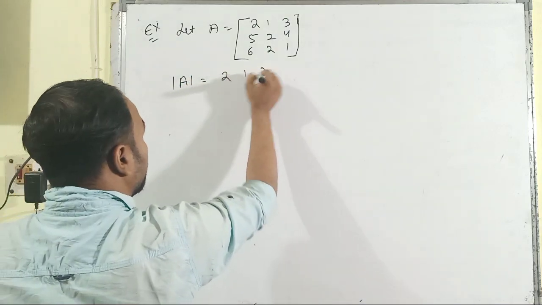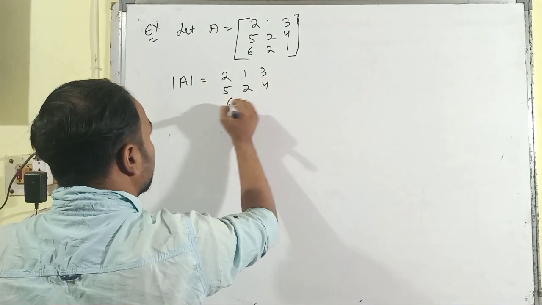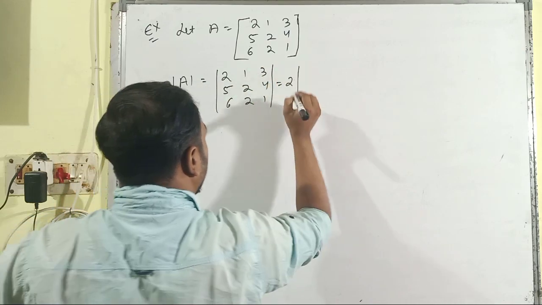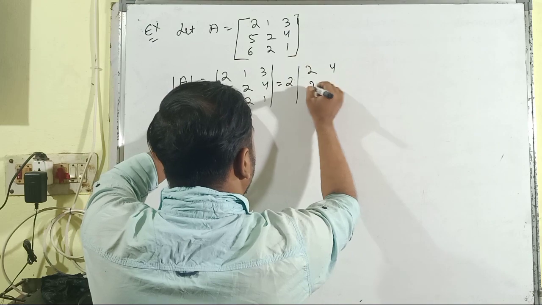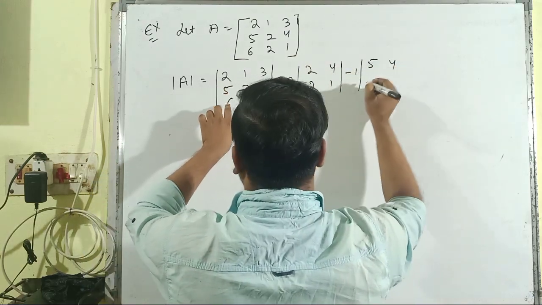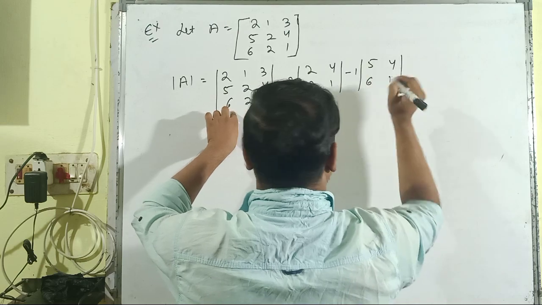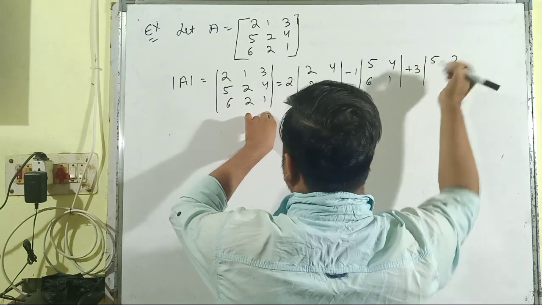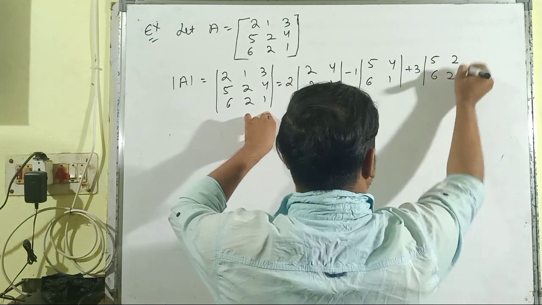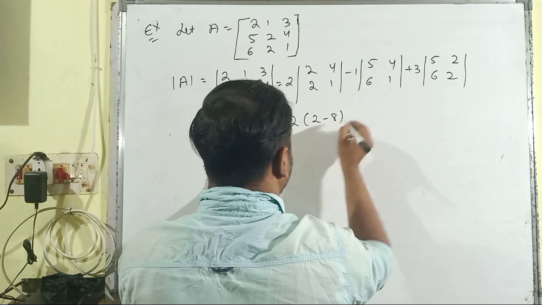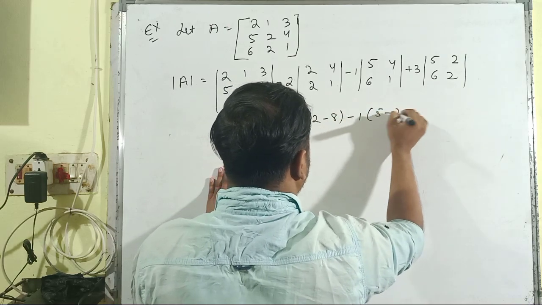Its determinant will be 2 multiplied with the determinant of 2, 4, 2, 1, minus 1 multiplied with the determinant of 5, 4, 6, 1, then plus 3 multiplied with the determinant of 5, 2, 6, 2. Solving,